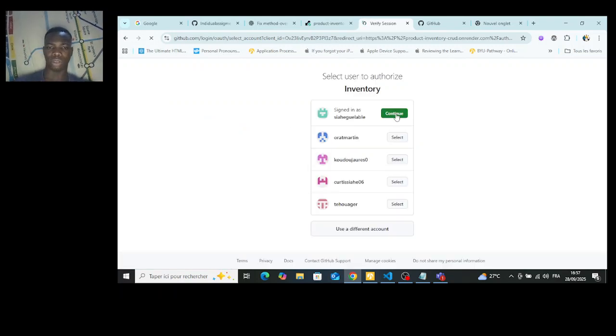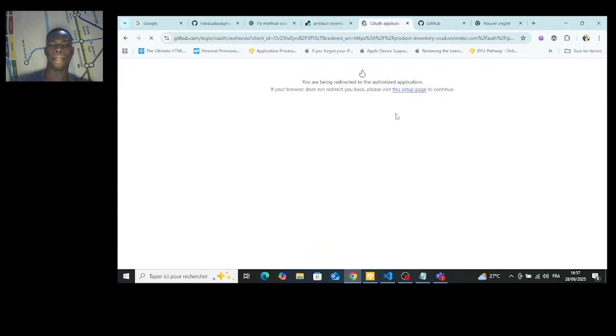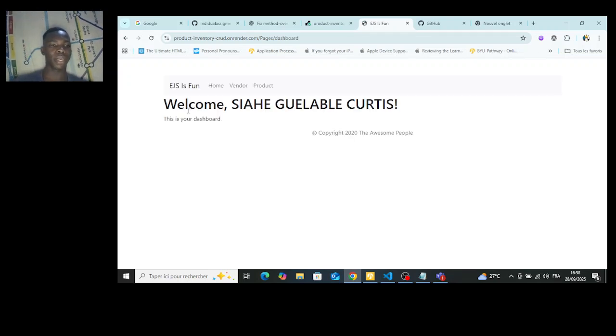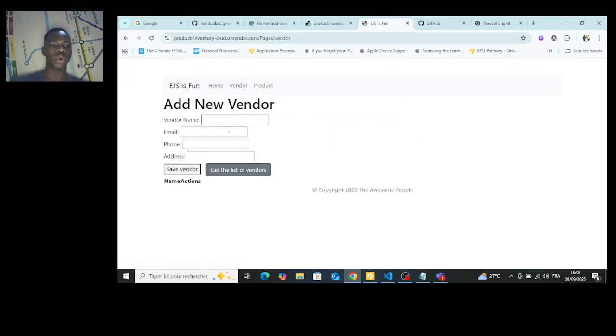So let me go ahead with using Curtis here. Let's wait for a little while to see what's gonna happen. Okay, so welcome Curtis. Okay, this is your dashboard. Great. So let me go into the vendor space. We want to test the full functionalities, right? Great. Let's try to see if we do have a vendor